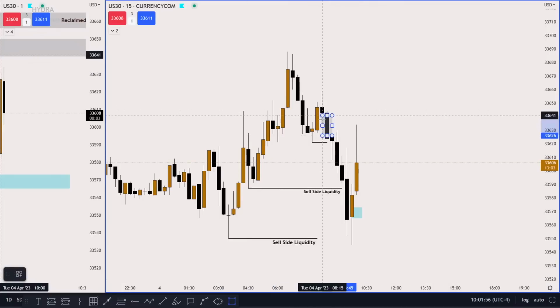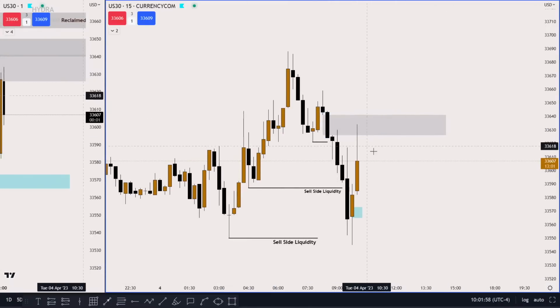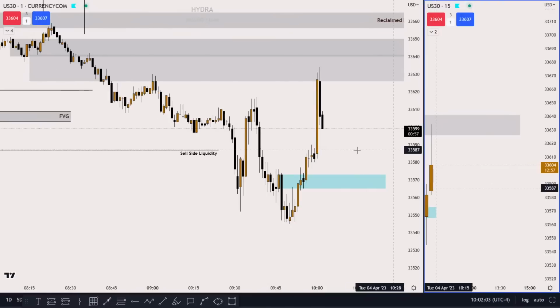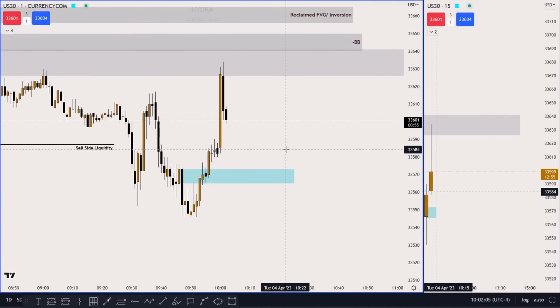Let me mark it for you. That's a fair value gap. Price hit it, and it's in a premium zone, right? So now let's see if price presents us any breaker block setup. Let's go on